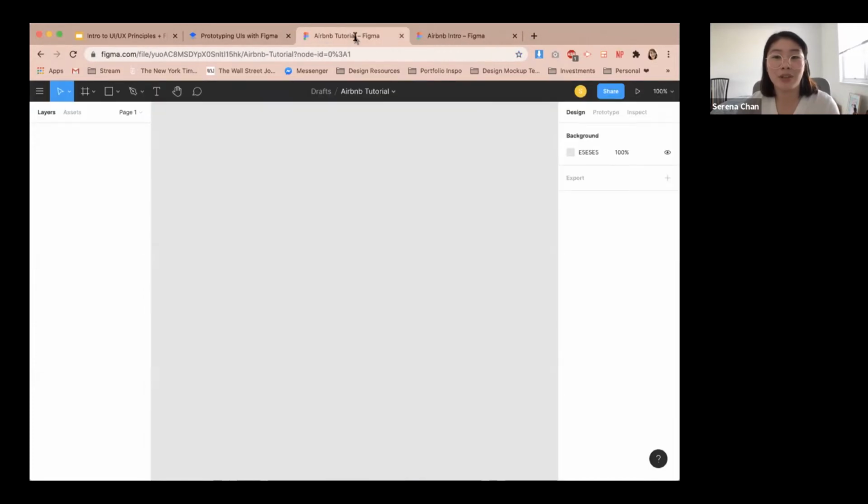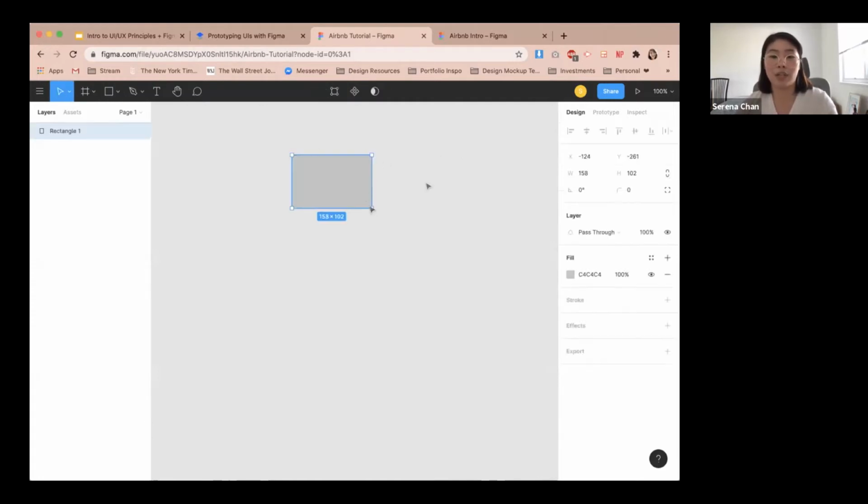And so going back to the tutorial, I'll briefly explain these three tabs first on the right here. We have the design tab, the prototype tab, and the inspect tab. The design tab is mainly focused on creating your layout, thinking about your typography, your color, if you want to add effects. And if I created a quick shape, you can see all the properties here. So the width, the height, angle, radius, any effect. And then for type, if I was working with screen, I would create those in